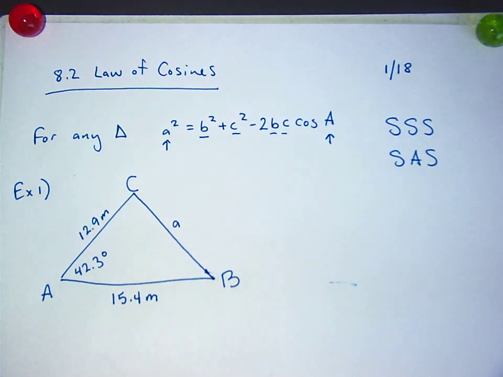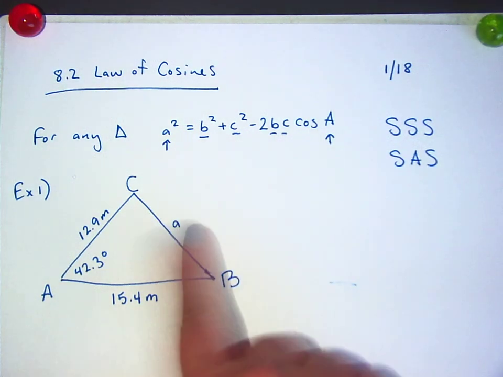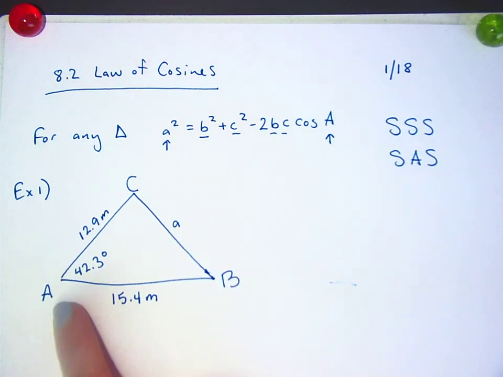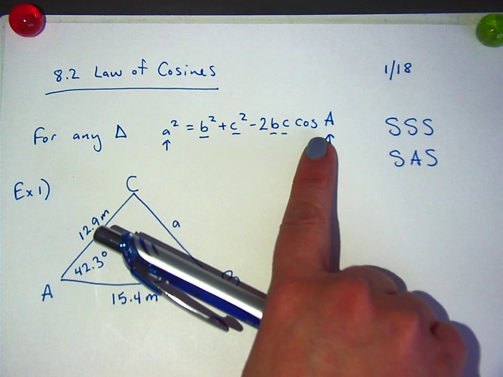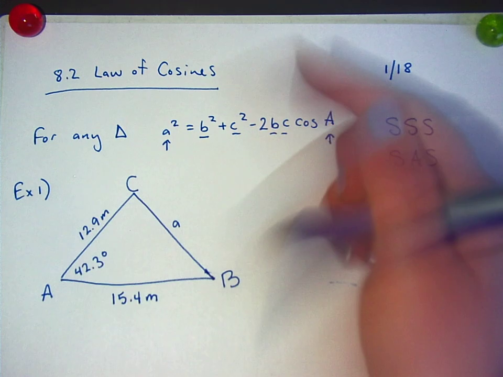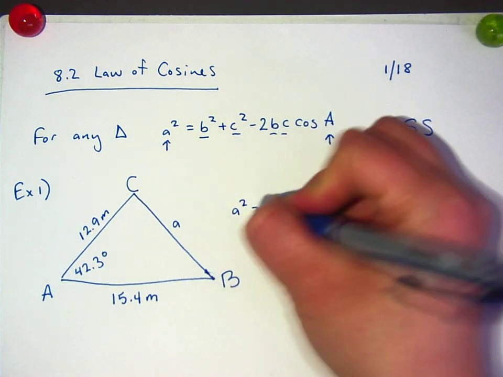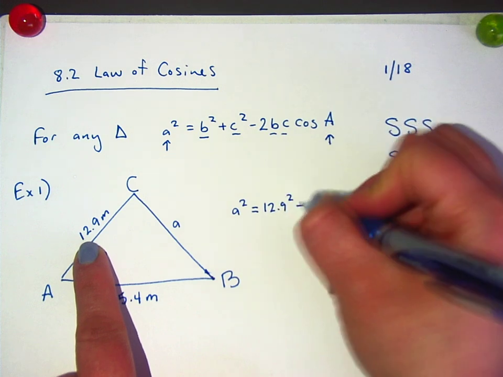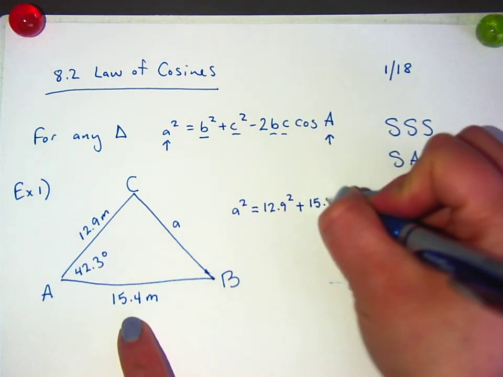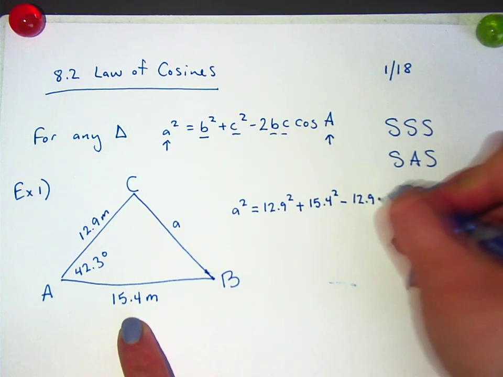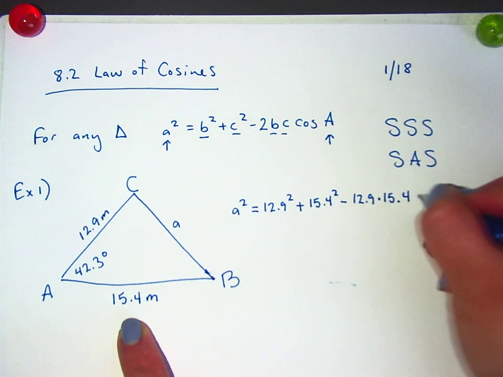So let's talk about how to use this. In this case, it just so happens that I set it up with the B, C, and A, but that isn't always going to happen. The angle A happens to be whichever angle you have. Okay? So I'm going to write A squared, I don't know what A squared is, B squared, that's 12.9 squared, plus C squared, 15.4 squared, minus 12.9 times 15.4 cosine